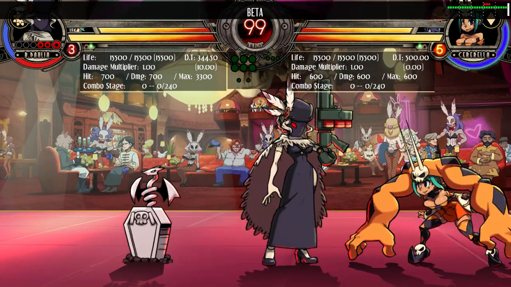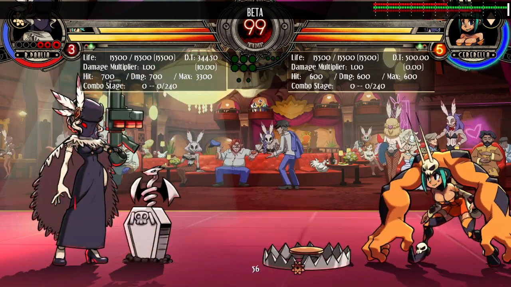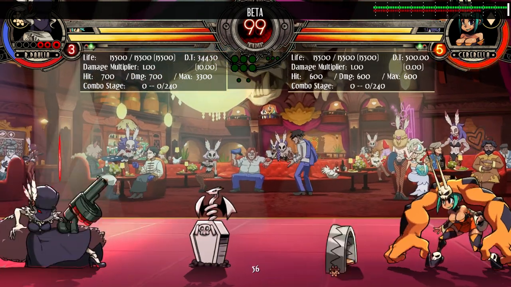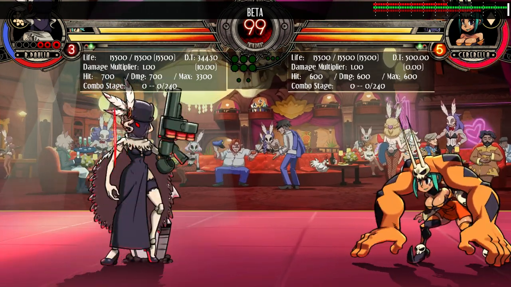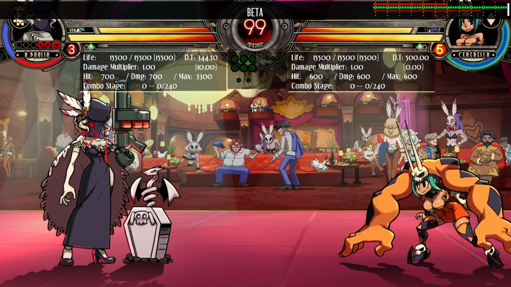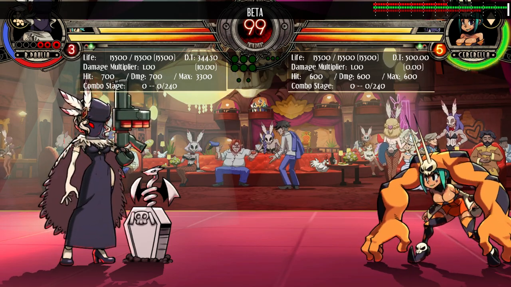And then Big Band can now parry the traps, high or low, which is pretty cool. All shots, except for Buckshot and Railshot, can be reflected by Umbrella's Aegis Reflector. Her crumple...